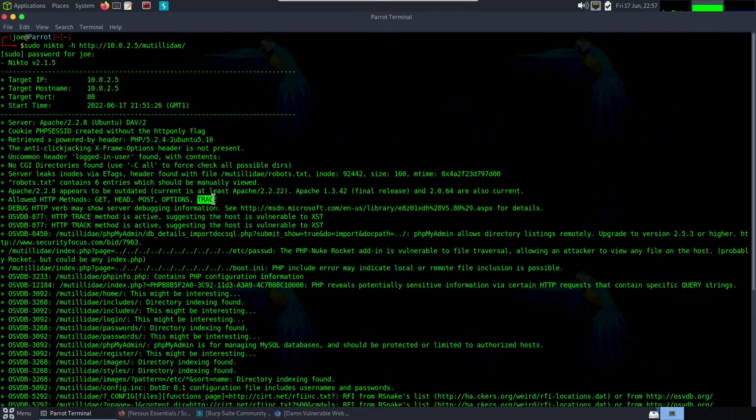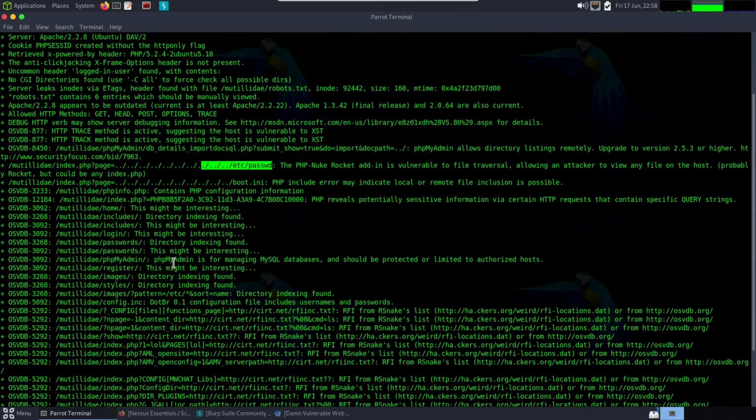Web application testing isn't my strongest point, but yeah, you can see the TRACK method is suggesting the host is vulnerable to XST, and you can see it's found phpMyAdmin. Now again, I've just run this against Metasploitable 2, and on there's an application in one of the subdirectories. If you just head to the IP address in your browser, you'll see links for things like Damn Vulnerable Web App. I was hoping Juice Shop would be installed on it, but it isn't. But yeah, we've checked this one, and you can see there it's done a directory. It's found a directory traversal for /etc/passwd,